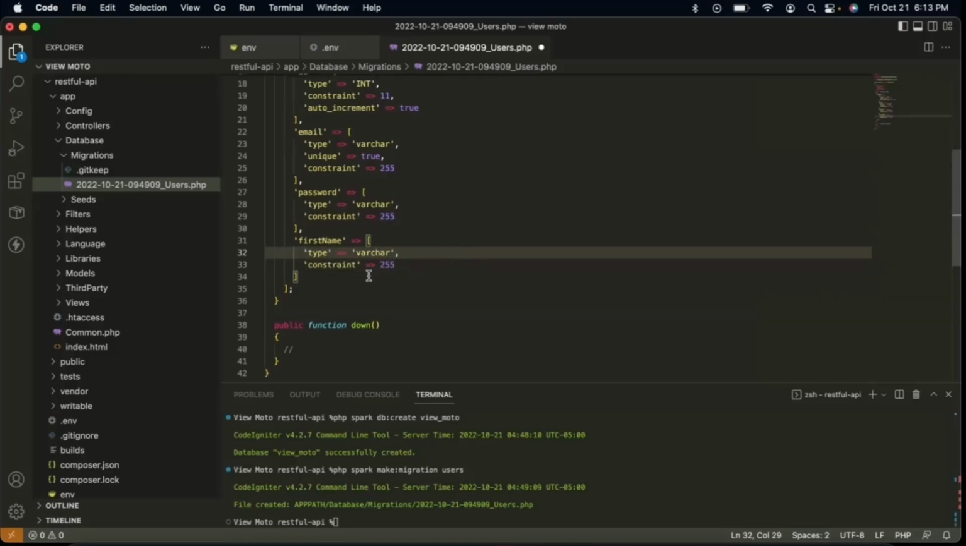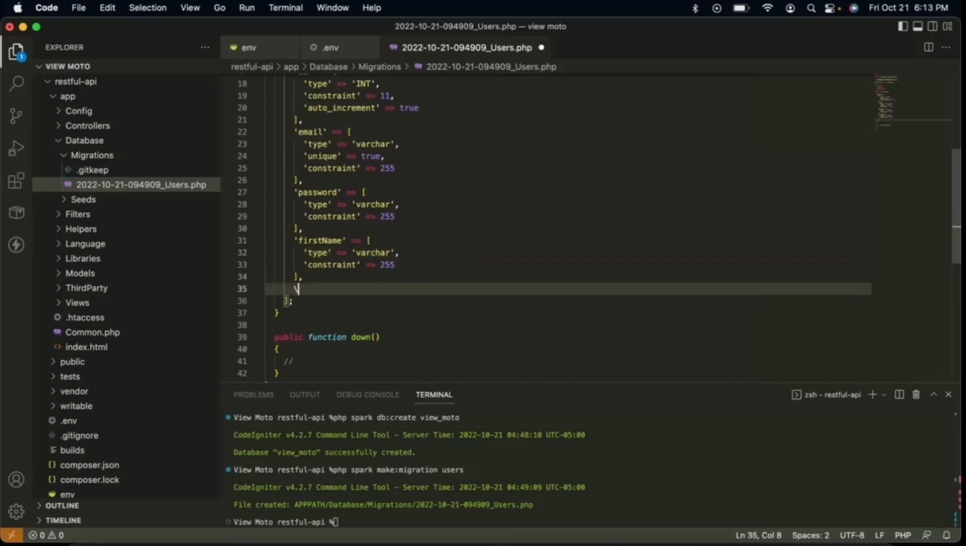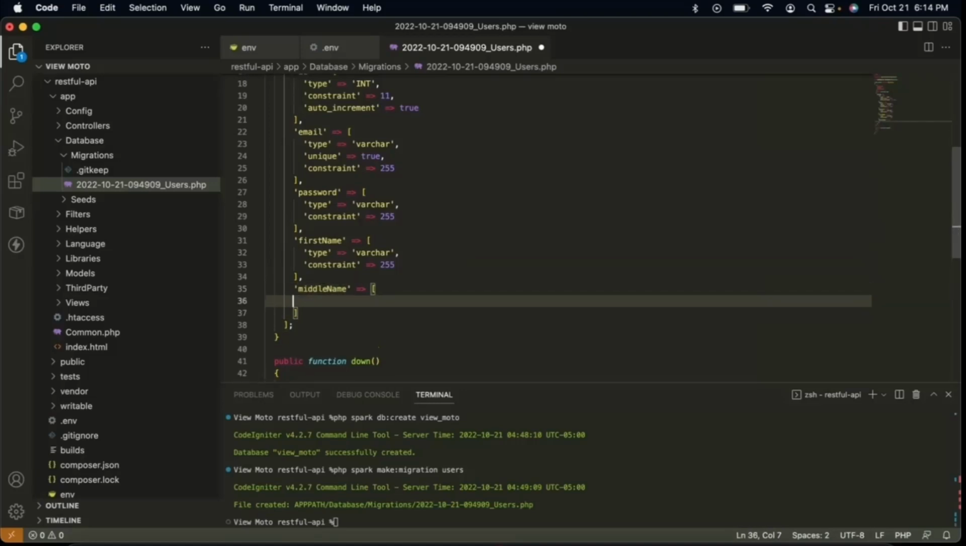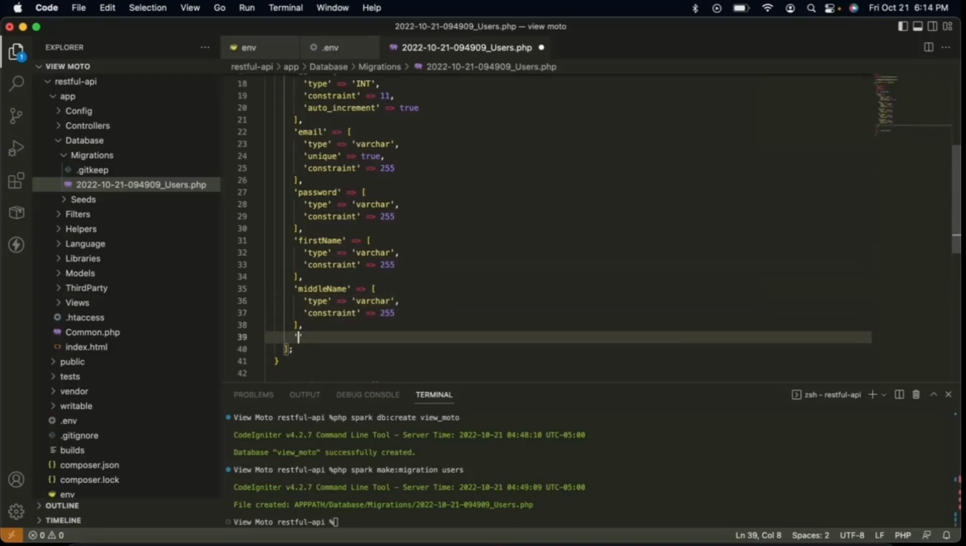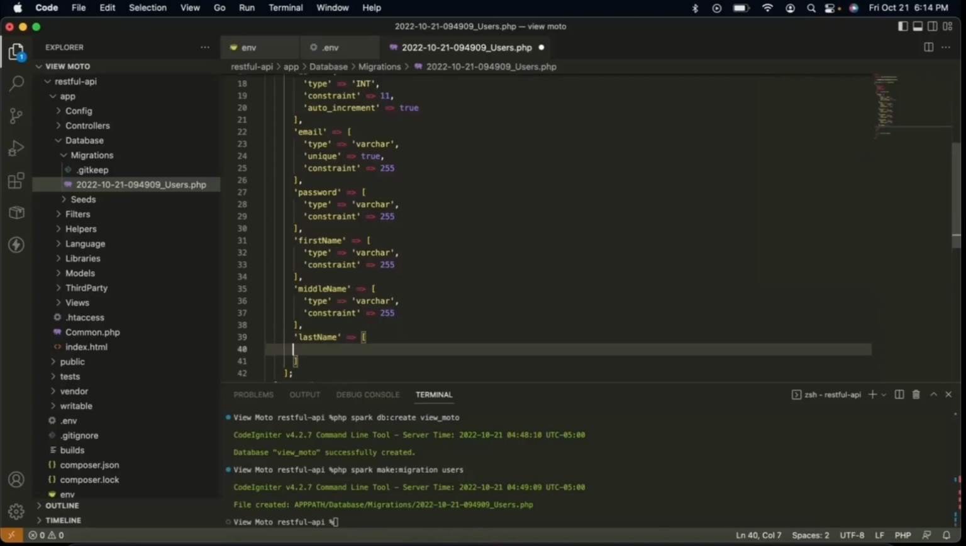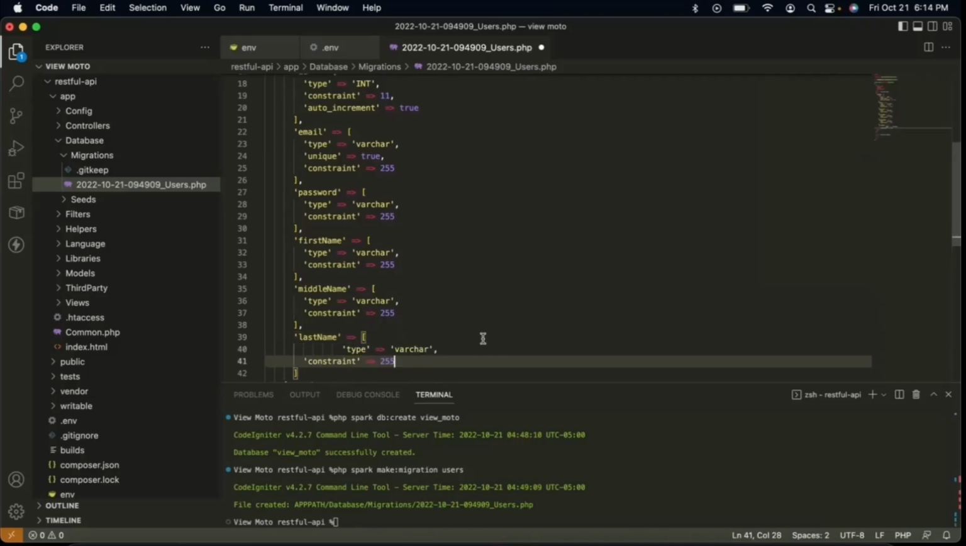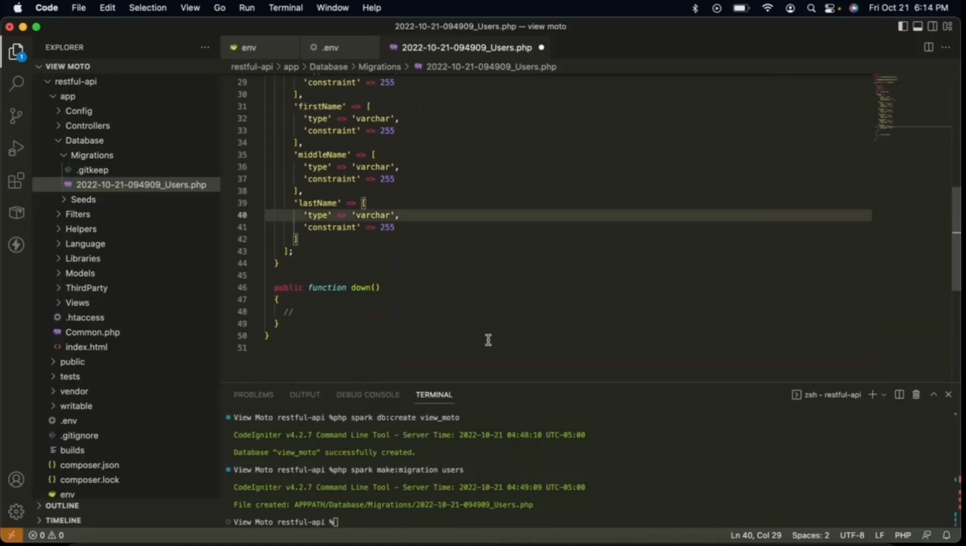same value, and then next one is middle name, and then the value is array, paste it again here, and then the next one is last name, and then the value is array, paste it again inside the array, and then